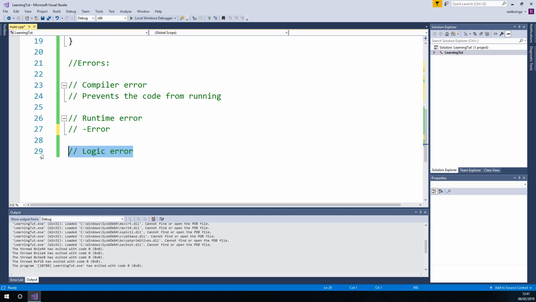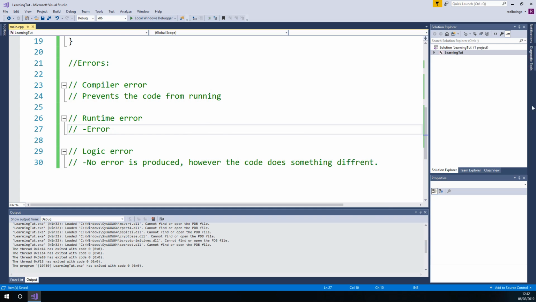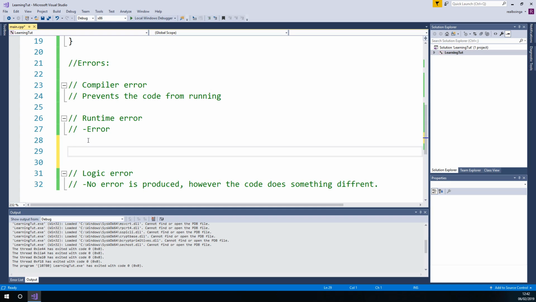So I'll just explain the logic error. The logic error is where no error is produced. However, the code does something different. This is the simplest example of a logic error. It is usually because of the user, but it can also be sometimes because of you. Now the runtime error, there's also a second version, which is what I'm showing you here. It is what I call the user input error,